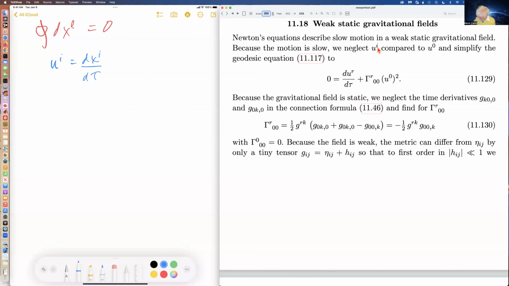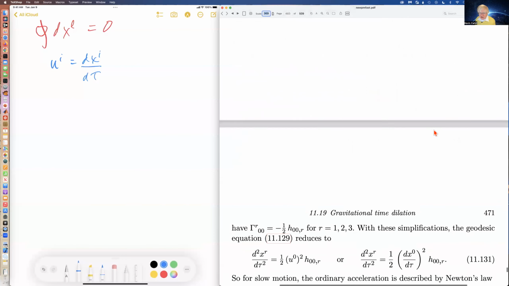And so then the geodesic equation becomes this form, du^r/dτ is this expression here, and because the field is static, we can neglect some time derivatives, and in particular the ones that occur in the Christoffel symbols. So we're going to drop these two terms. We just have that term, and then it turns out that